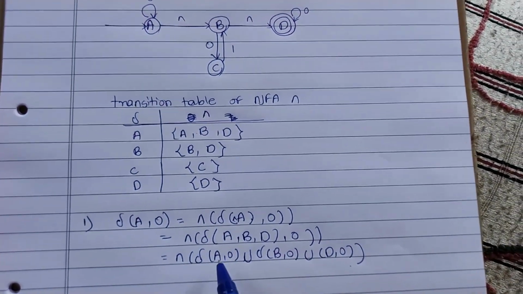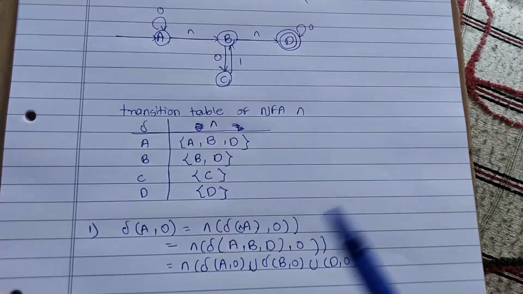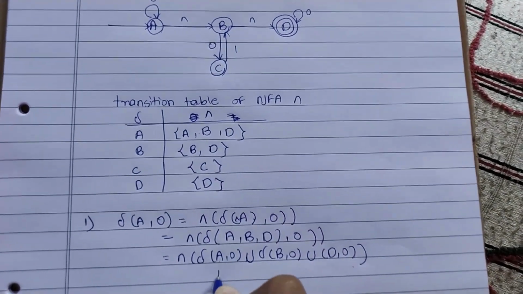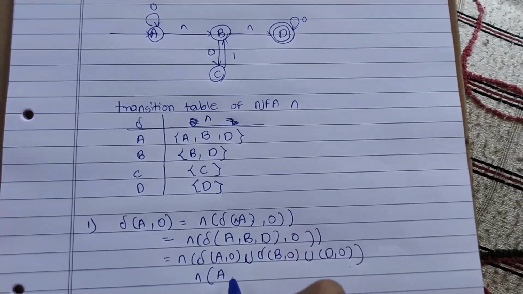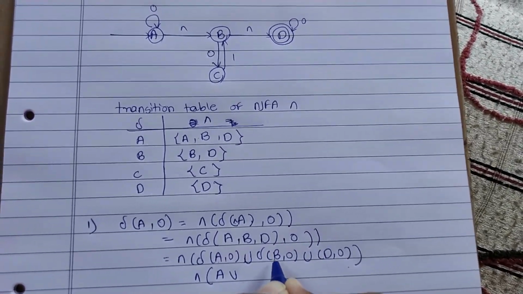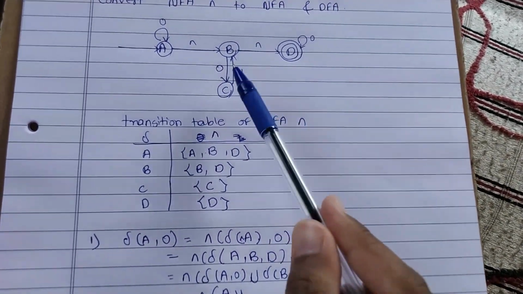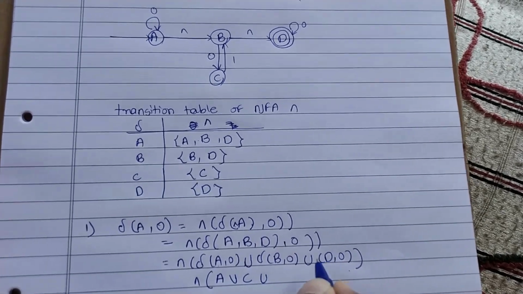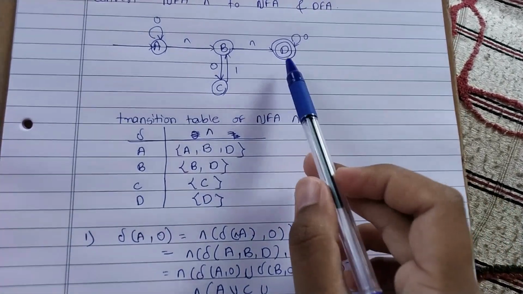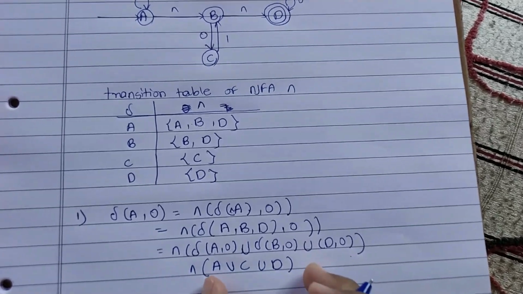Now we see where A reads 0. A reads 0 to itself, so we write here A. This null value is right here, A. Then union B reads 0 in C, so this is C. Union this D comma 0: D reads 0 by itself, D. Now we write